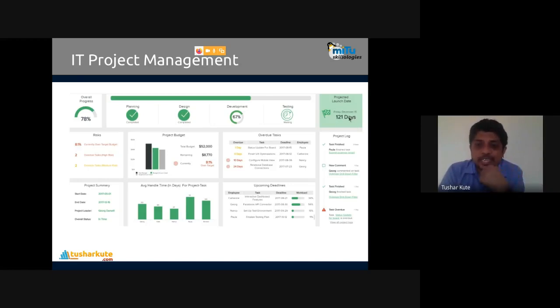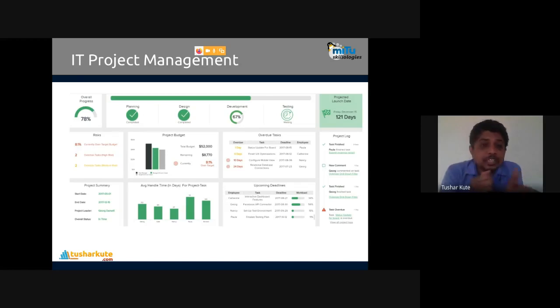And the steps that we have carried out according to the SDLC: planning, design, development, and testing. See, planning is completed, design is completed, and development is 67% completed. When the development is over, then we'll go for testing. So you can get an overview. Yes, this is a project which is currently being worked on.